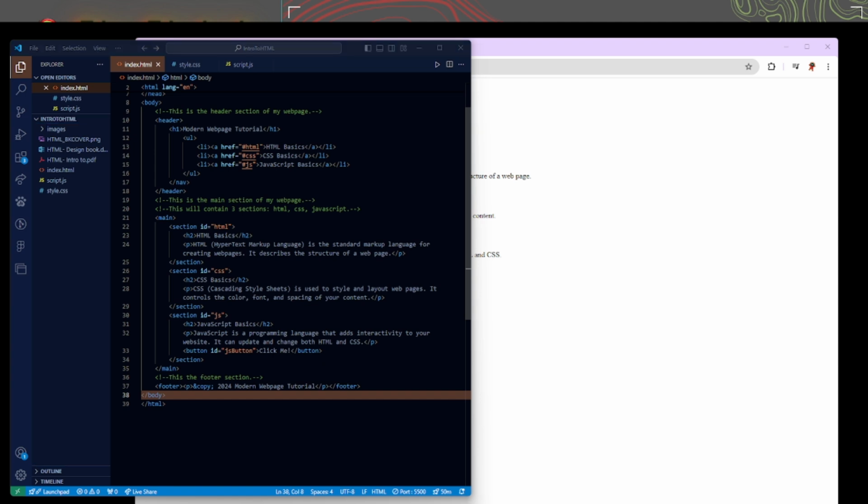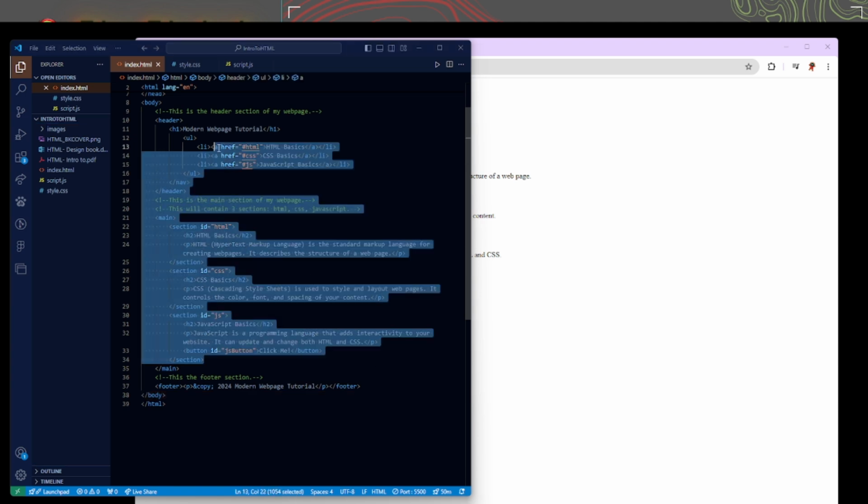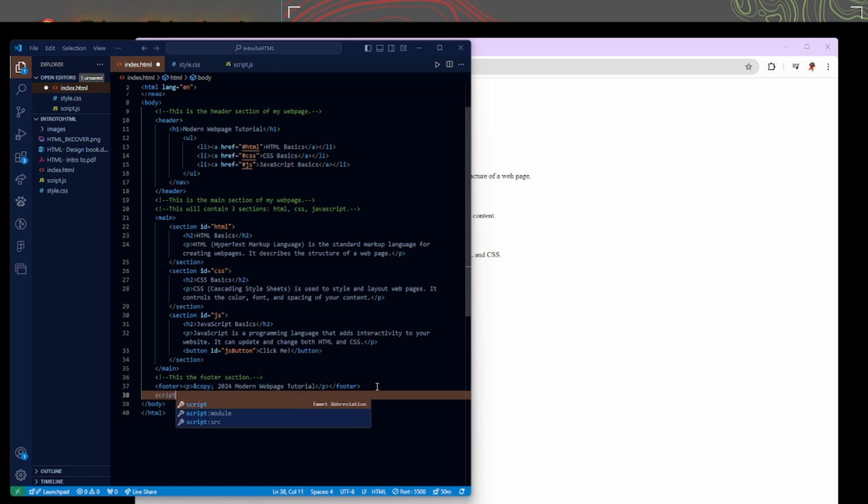Now that you've learned how to use HTML to structure your web page, we're going to learn how we can link our cascading style sheets and our JavaScript to our web page so we can do some styling and some interactivity. We're going to do a very, very basic version of styling here, and a very, very basic version of interactivity because in later videos, we're going to develop this web page to pretty much work like a book for our HTML, CSS, and JavaScript notes, and then we'll add other programming languages as we go along. So first things first, let's add our JavaScript source element down here, and that's going to be our script.js